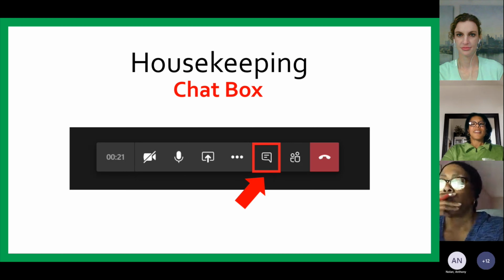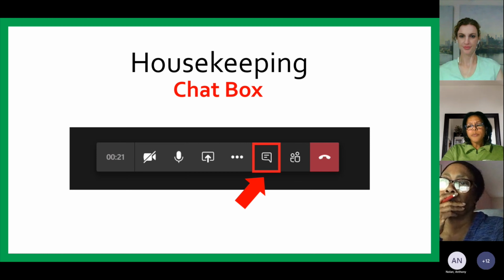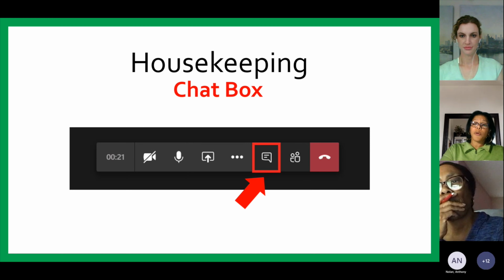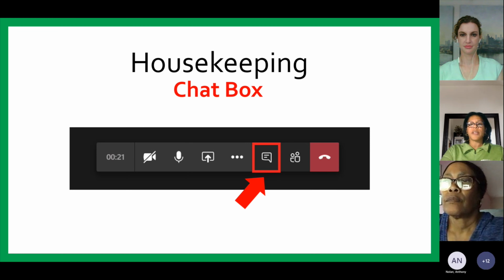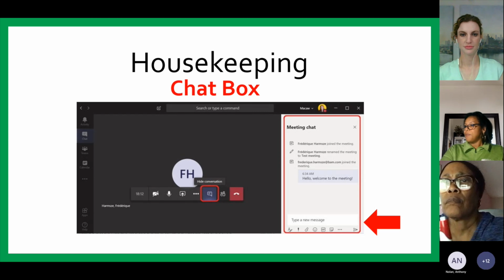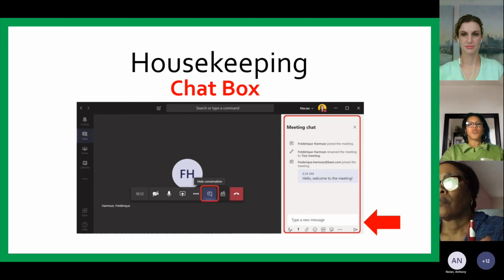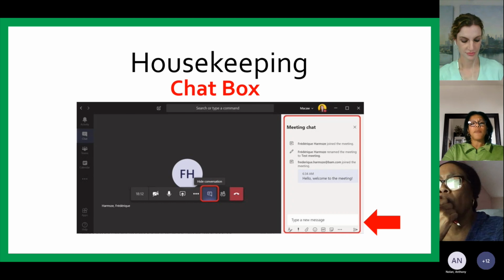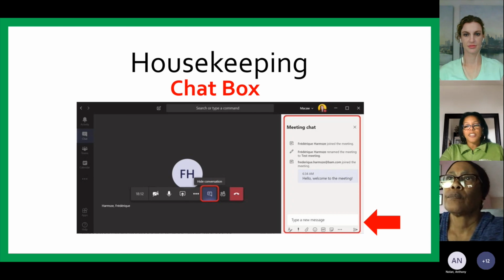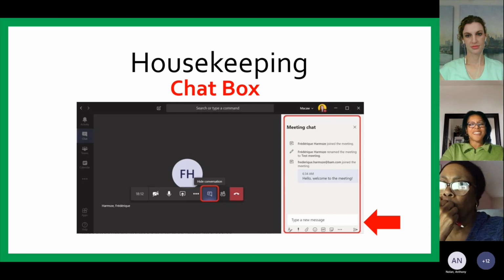The chat icon. The last icon I want to tell you about is the chat icon. This will allow you to ask questions throughout the program. To type a question, you will just need to click on the icon, like the one you see on your screen, to bring up the chat box, and it should take you to what you will see next. There we go. In the chat box, there will be a space for you to type in your question. Hit enter, and we will see your question on the screen. Please ask your questions throughout the program, and there will also be time at the end to ask and answer any questions. So we're looking forward to a great discussion.